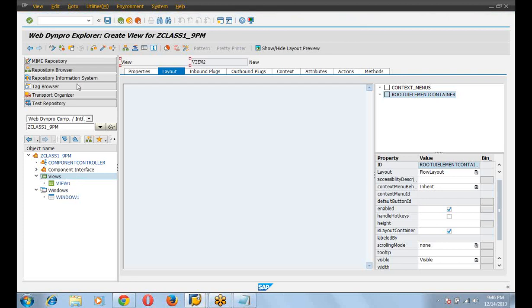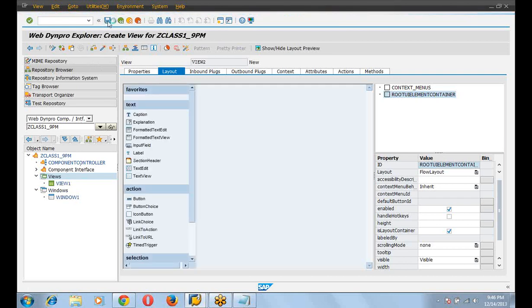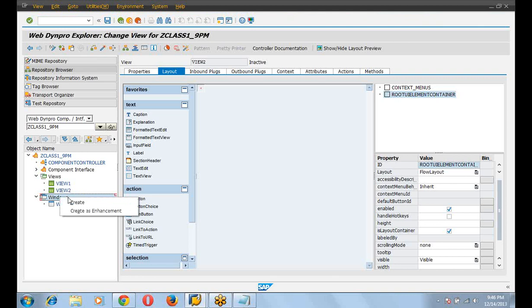After that, you have to click on save. The second view will not appear after creating; after save, it will appear. If you want to create another window, you can right click on window and click on create. In this application, we do not require another window.